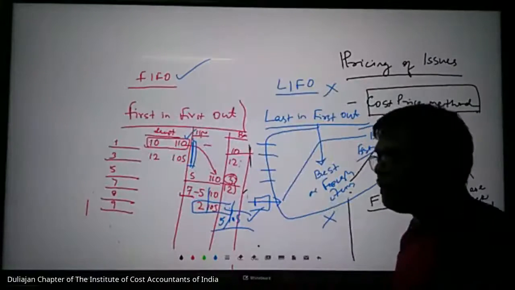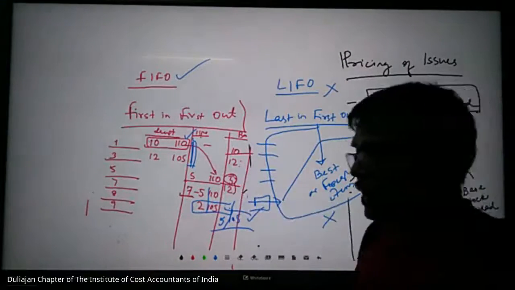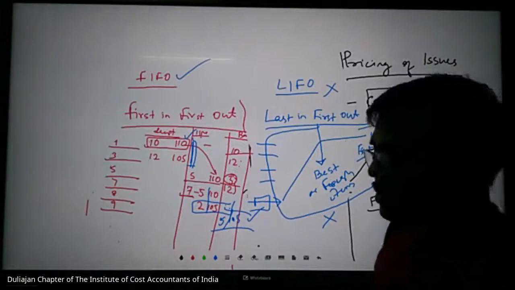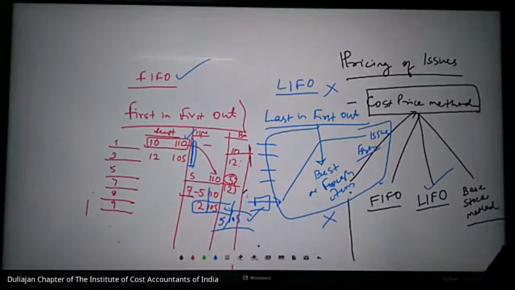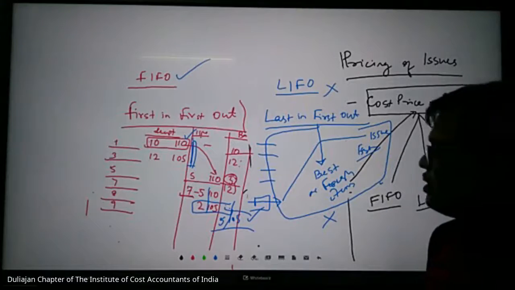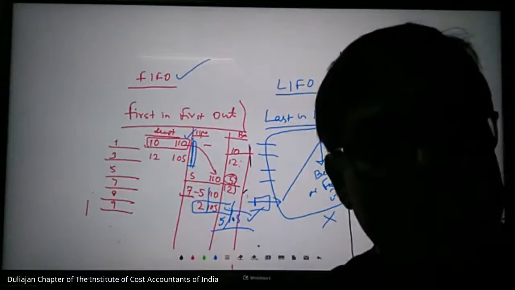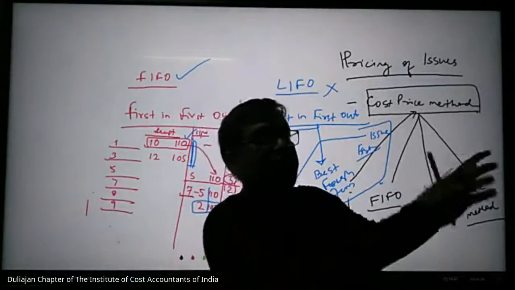What are the disadvantages of this method? Same thing what I told you, when the prices are going up, this method may not be giving a correct picture. Nowadays, since this is not giving a scientific method of calculation, it is not very appropriate to use FIFO or LIFO. Why am I telling you? Because when I am keeping in my storage, all items are mixed up. I cannot identify practically which is new item, which is old item. All I have kept in the same rack.